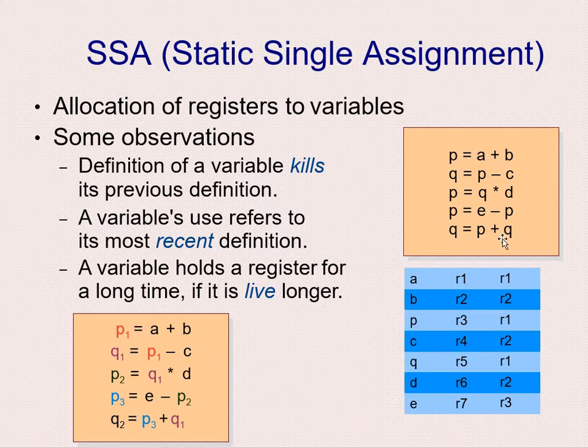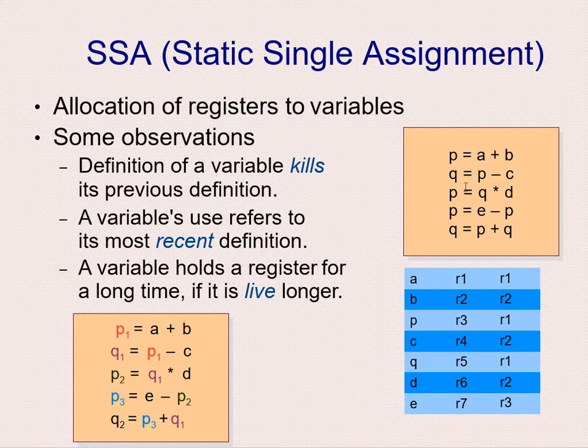Okay, suppose we are having one example like this: p equals a plus b, and the value of p minus c we are going to keep in the q variable, and q into d we are going to calculate, and we are going to keep in this p variable. So here we can see that the p value will be changed here. Now p will be replaced, and this will be the newer or recent value of p. Okay, now e minus p, now this p value we will take. Okay, and this p will be the new p, updated p, recent p, and this one we will use here. Okay, after that p plus q we will find, and this one will be the updated value of q.